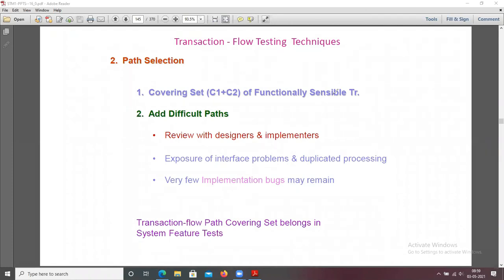What are the advantages we have? Transaction flow uses structural path testing for selecting a path, so many bugs don't occur in this path selection. The cost is paid only on some well-known transactions, and the path selection is effective. We have some disadvantages also. The path selected is the longest path. The code correction is expensive. The bugs are caused due to implementation errors and wildcards. So these are the disadvantages we have in path selection.